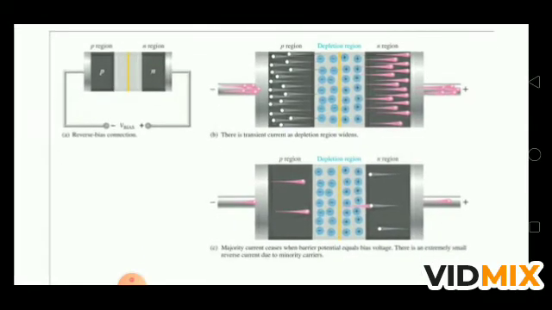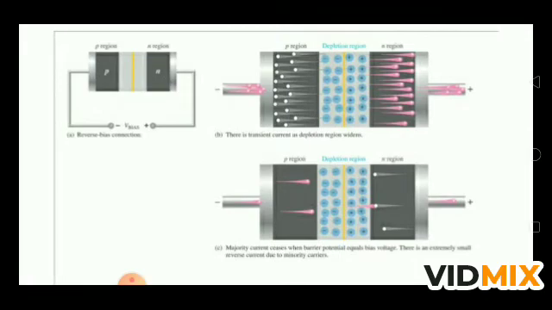And if you see, the depletion region here is also broader as compared to the forward bias. फॉरवर्ड बायस की तुलना में यहाँ पर हमारा जो डिप्लीशन रीजन थोड़ा सा ब्रॉड रहता है, चौड़ा रहता है. So there is a transient current as the depletion region is widened. यहाँ पर जो डिप्लीशन रीजन है देखो वाइड हो चुकी है, और इस केस में हमारे जो इलेक्ट्रॉन्स हैं और जो होल्स देखो एक दूसरे के अपोजिट जा रहे हैं.